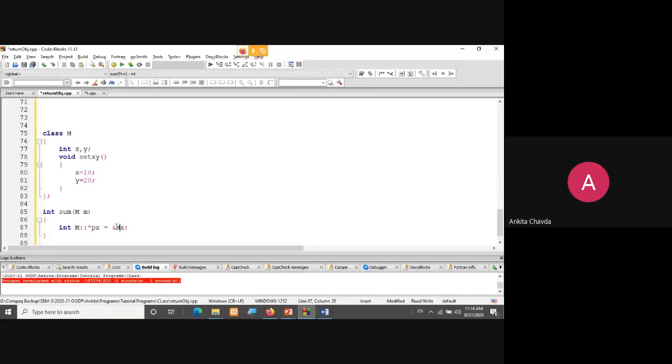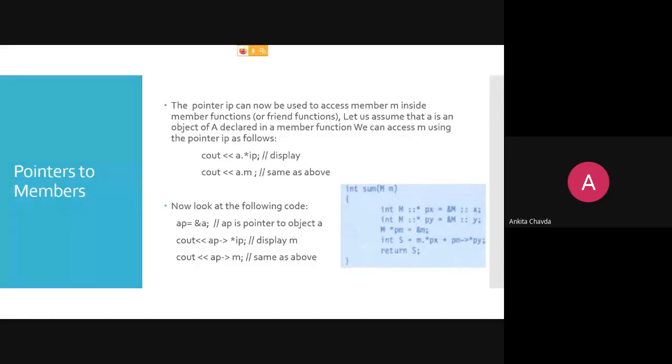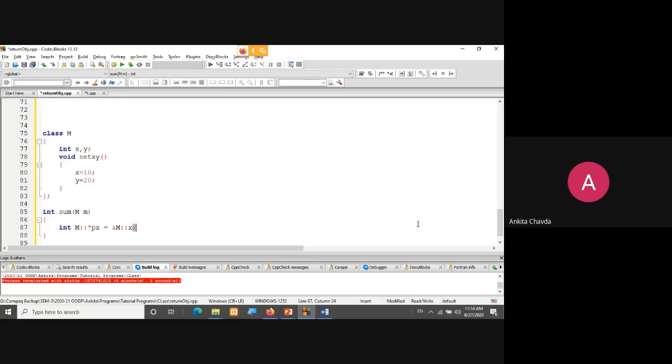You can't write it directly with the scope resolution operator. So write it in a simple way and then add M and the scope resolution operator. Getting this thing? I hope you are able to write this, what I'm explaining to you.